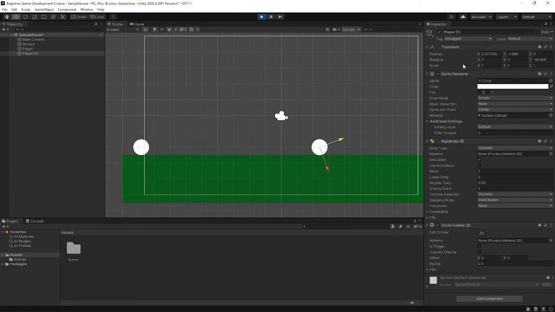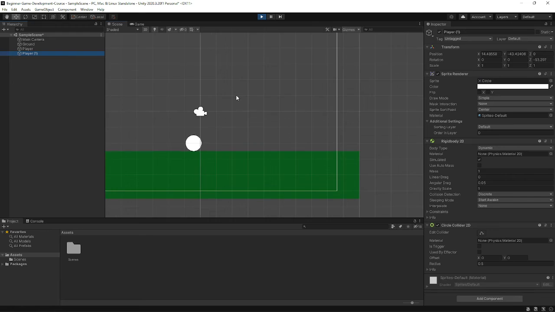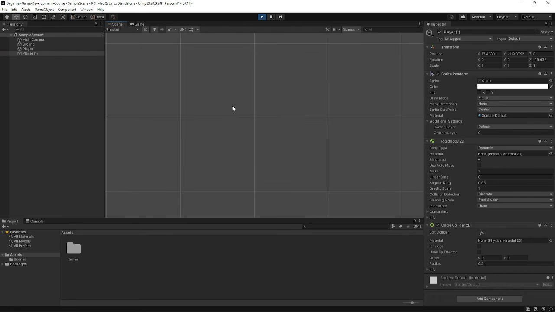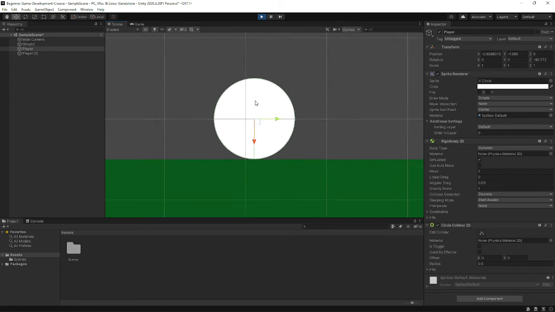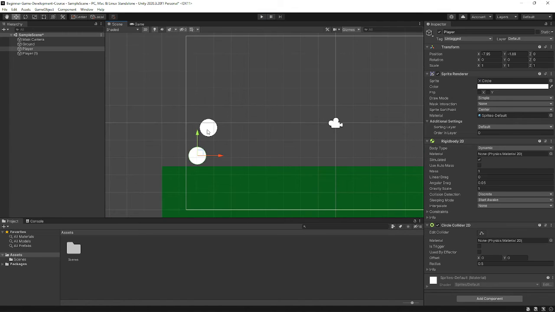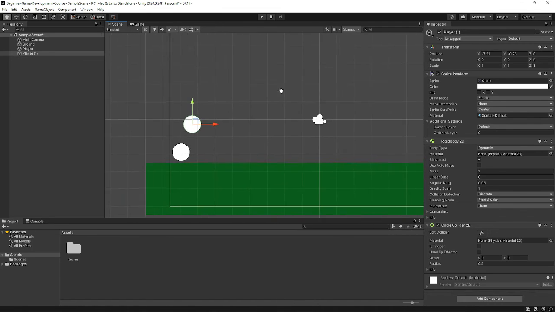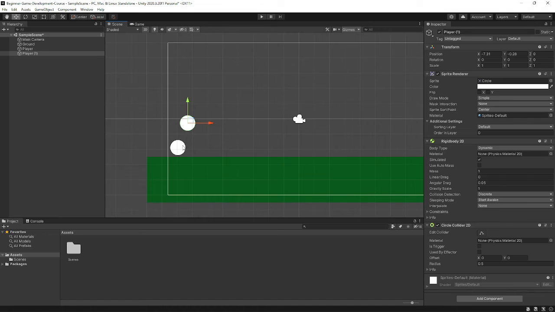This one, you'll see the rotation on the z-axis is changing. This one as well, just not as fast. But you'll see that we have that, and I'm going to get out of that. So these boxes or players can collide with each other. So for example, if we put this here and put this in the middle,